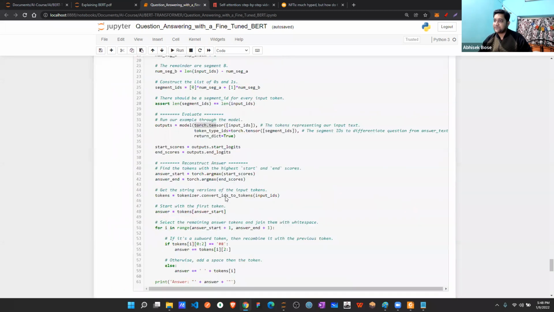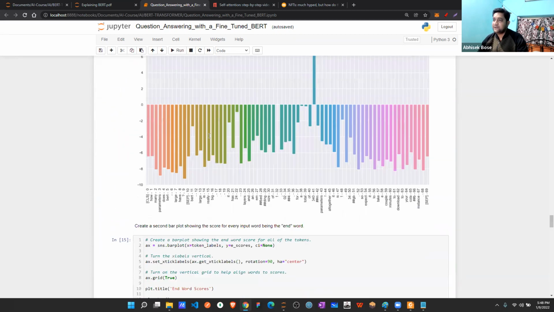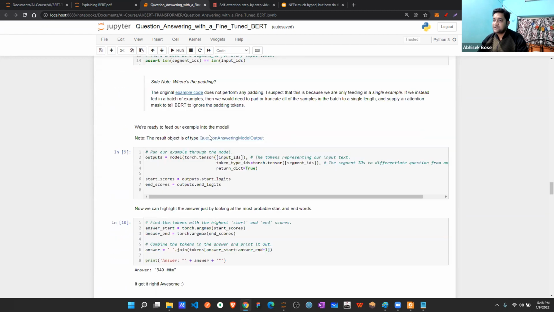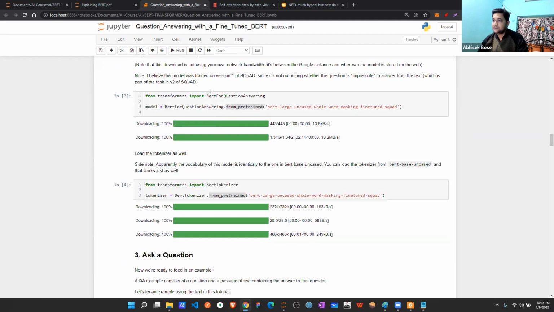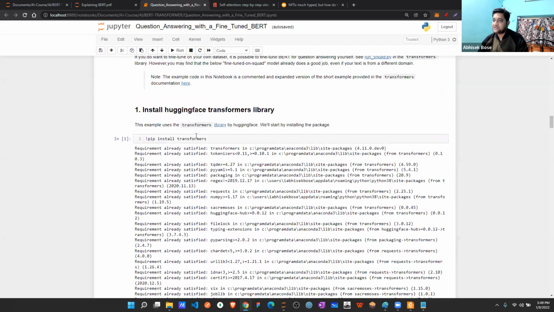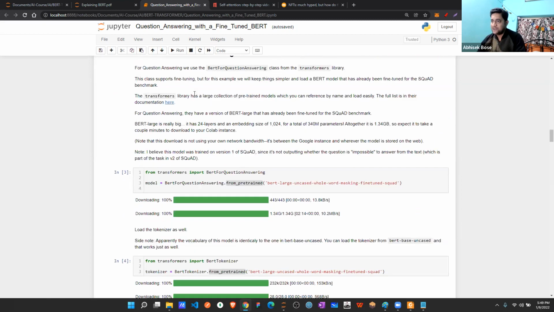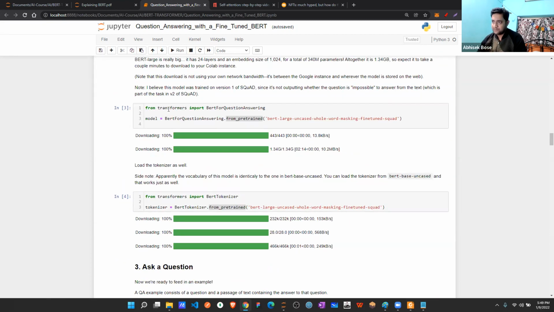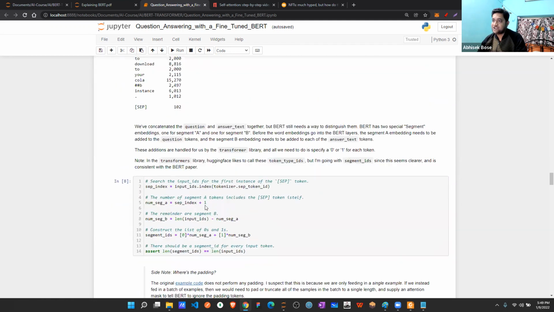What we did, leave all those complex parts, okay? Not to worry, leave everything. What you need to do is simply install transformers. First install transformers, then import torch. Obviously, before import torch, you have to install torch as well. In my machine, that is already installed. Then import transformers, and from transformers, for question answering, the BERT tokenizer. Then leave this whole part, not to worry, and directly jump over here.